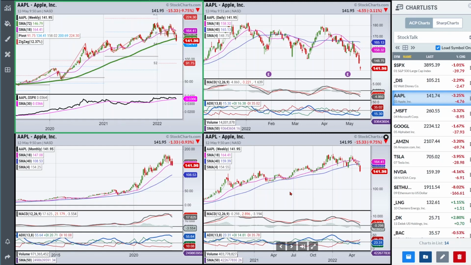And I don't use that as a timing tool. It's a secondary indicator for me, a background indicator. But I know that if people are really getting bearish, I want to be on the lookout for signs of oversold and signs of reversal. Now, we're going to see a reversal on the short-term time frame, like the hourly, way before we're going to see it on a weekly or a daily. So that's kind of what I would be on the lookout for on stuff like this.